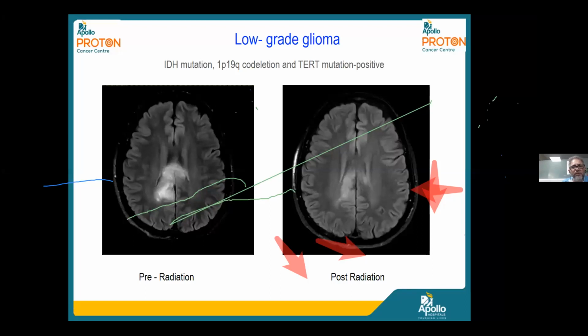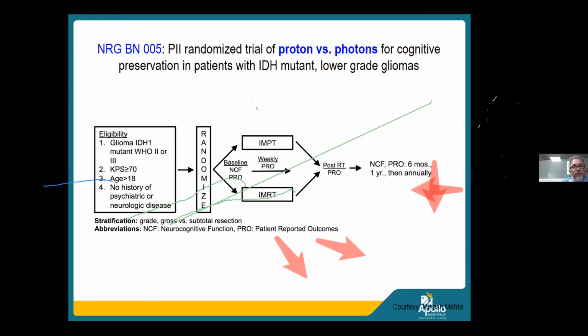And we treated with proton therapy with IMPT. Not only did we get a very good tumor response, you can see significant resolution of the tumor, but we could also spare his hippocampus, and he is leading an excellent cognitive life with good activities of daily living. And the NRG in the United States, of course, is utilizing this technology to generate a high level of